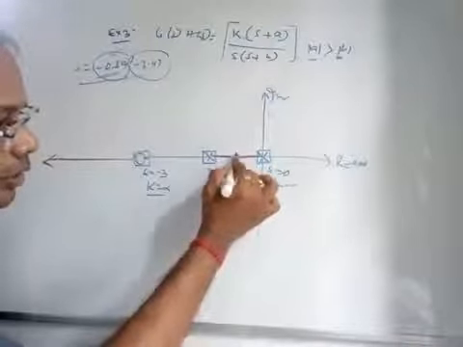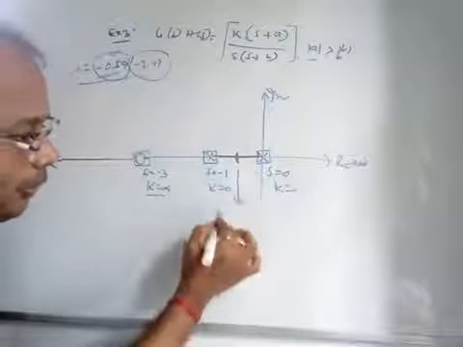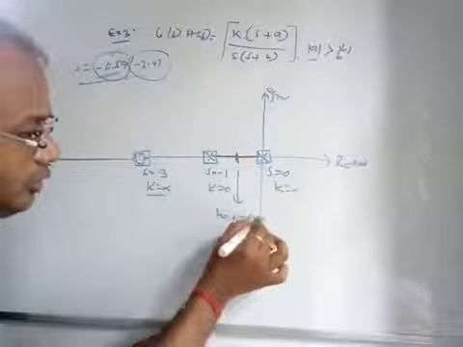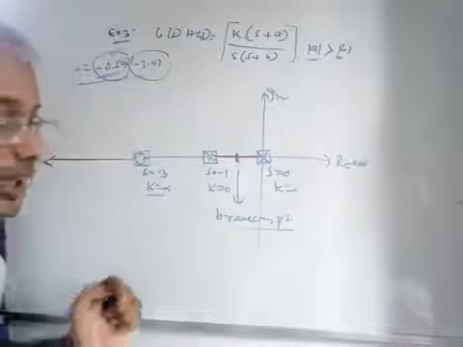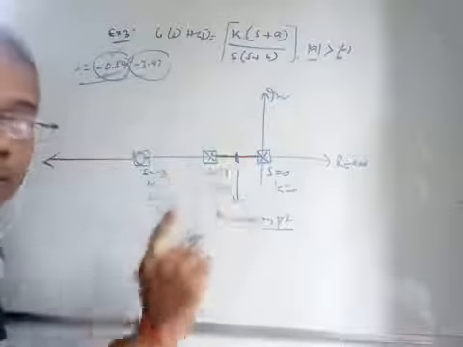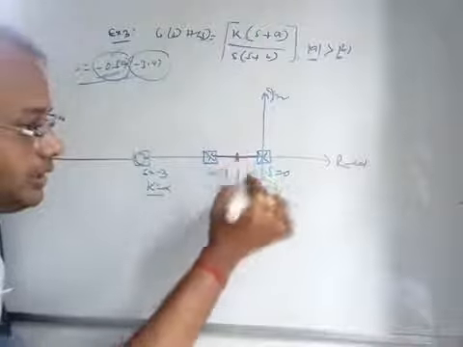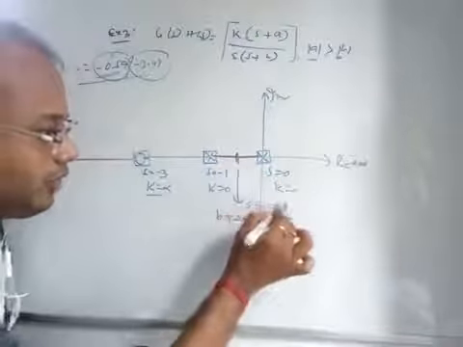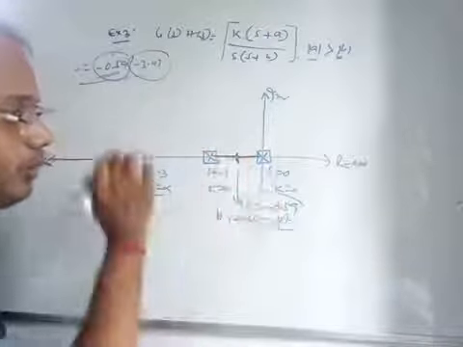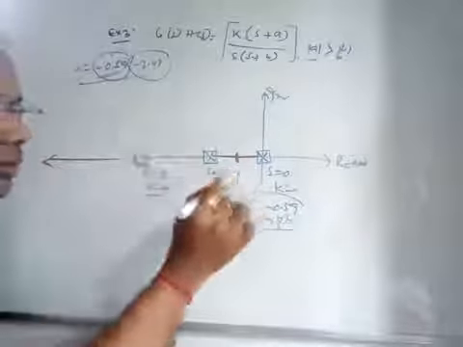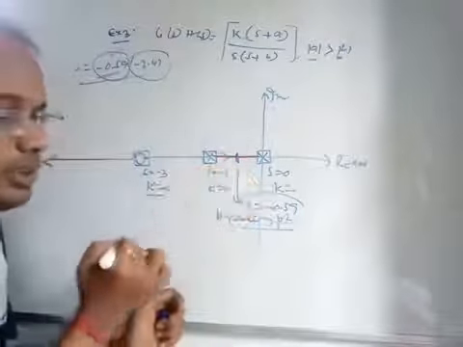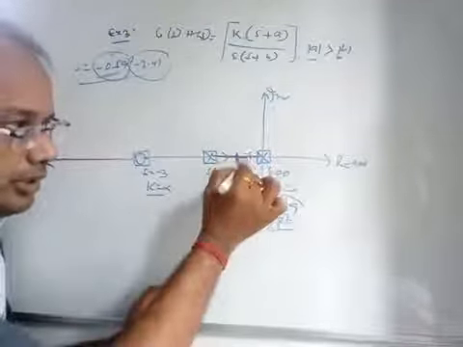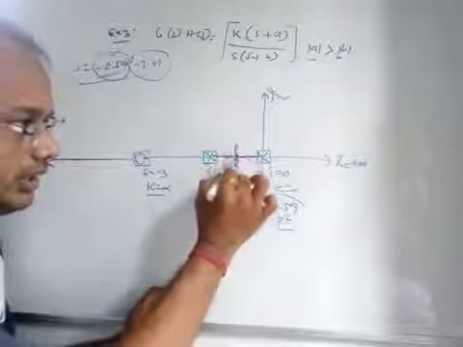We may call it a breakaway point, because according to the definition two poles are lying side by side and there is a branch, and we are getting one breakaway point. So this is s is equal to minus 0.59, a breakaway point. That means this pole is going towards this point, this pole is coming toward this point, and they are leaving the real axis